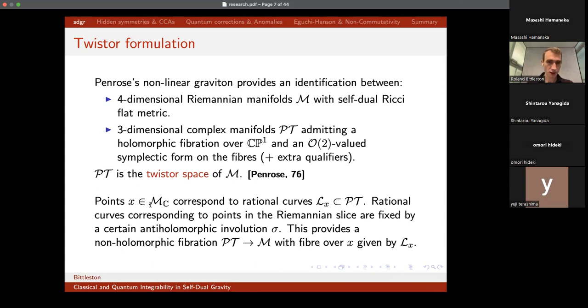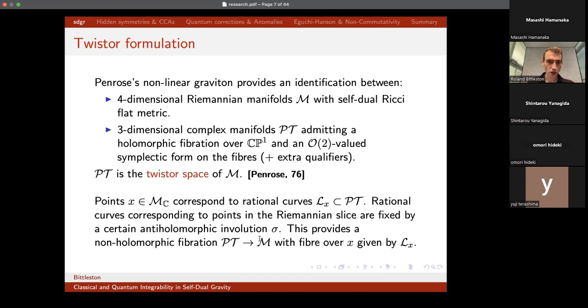Points in our space-time, really in the complexification of the space-time, are rational curves in the twistor space. And those that correspond to the Riemannian slice of this complexification are then fixed by a certain anti-holomorphic involution. And I won't say too much about that, but again, I don't want to focus too much on reality conditions, but I guess this is important. So I discussed yesterday how in flat space,